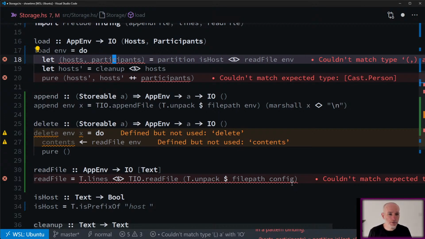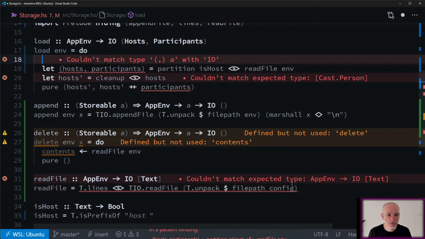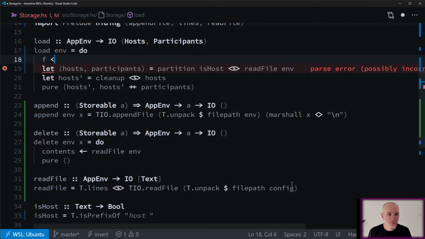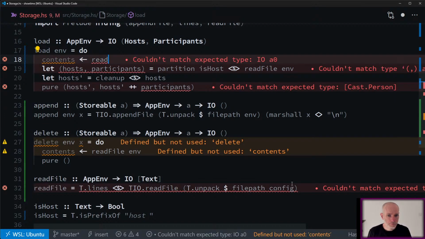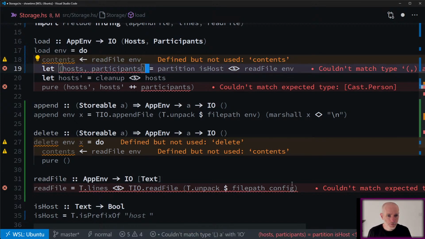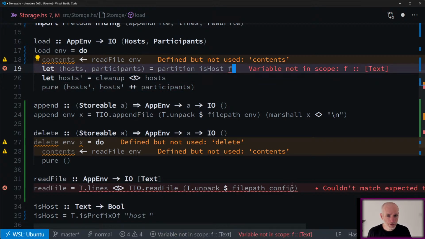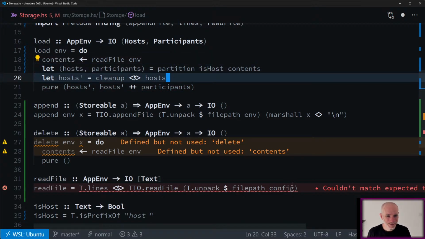I can't use that at the end of a let. That's not going to work. So we can say F. We'll call it contents again. Contents comes from read file env, and then this will just change to F contents. Okay.